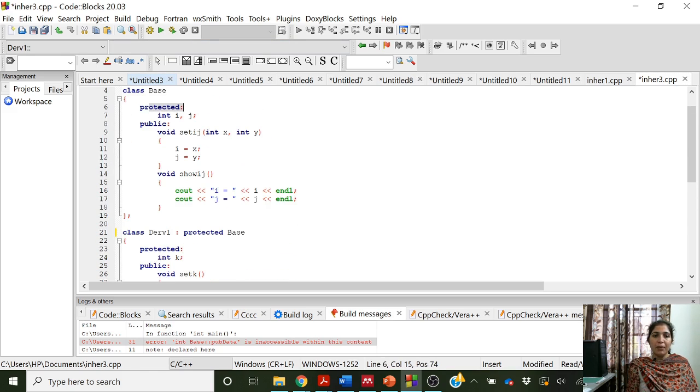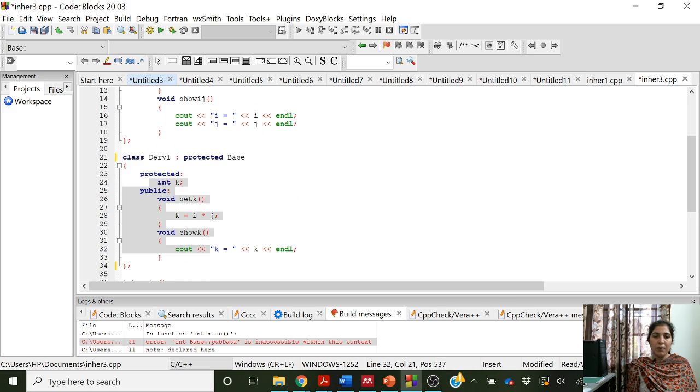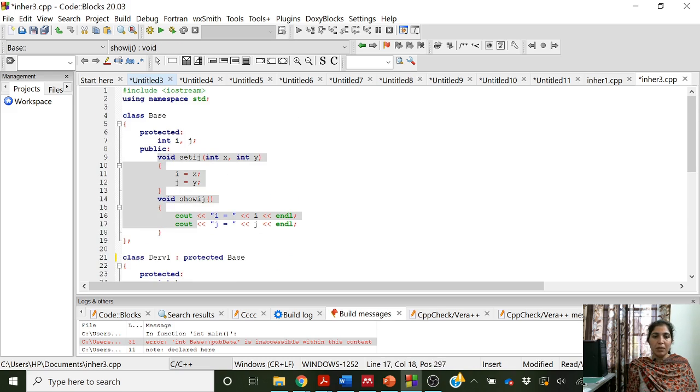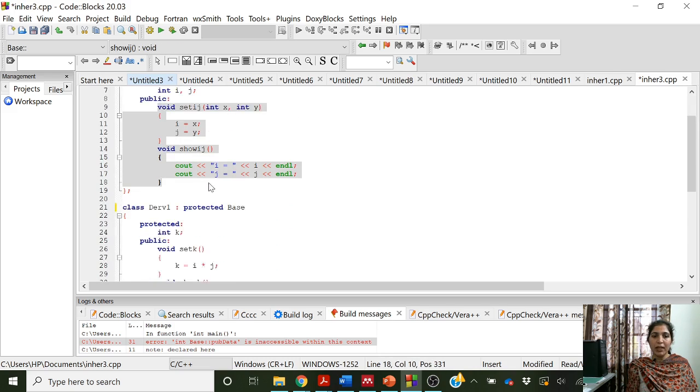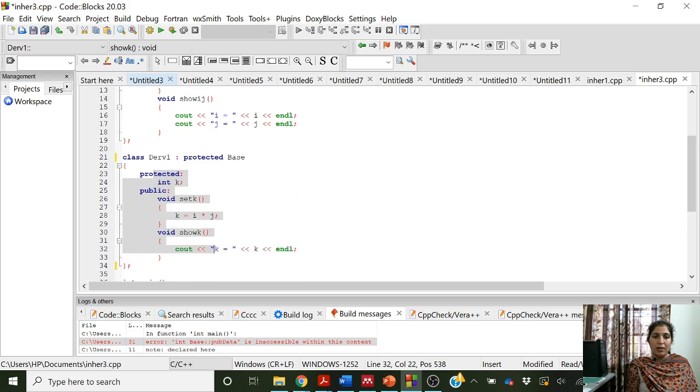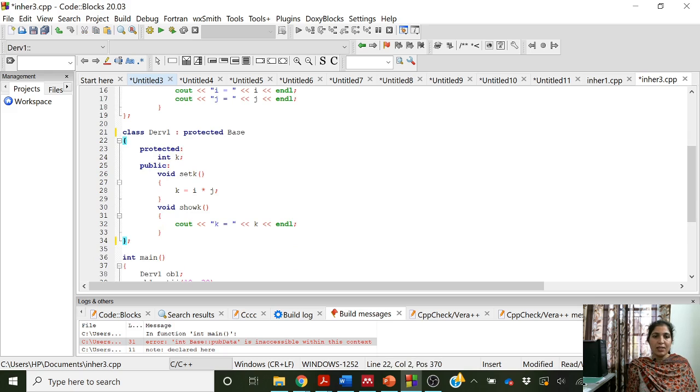The protected data members will remain protected data members in the derived class also, and the public members will also become protected members of this class. And this derived class also has its own protected data member k, and it has public member functions set k and show k.